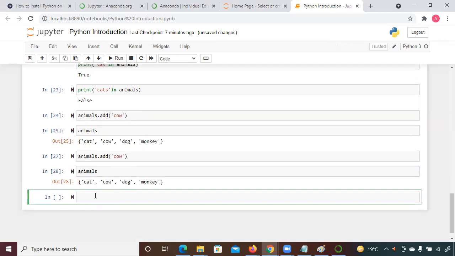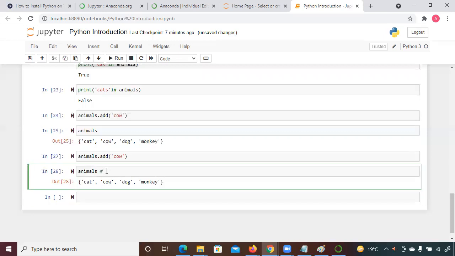What new thing are you seeing here? I tried to add a cow, it runs successfully, but when I'm printing animal, does it show you cow twice? No, right? So what you have learned is that a set does not allow duplicate elements.